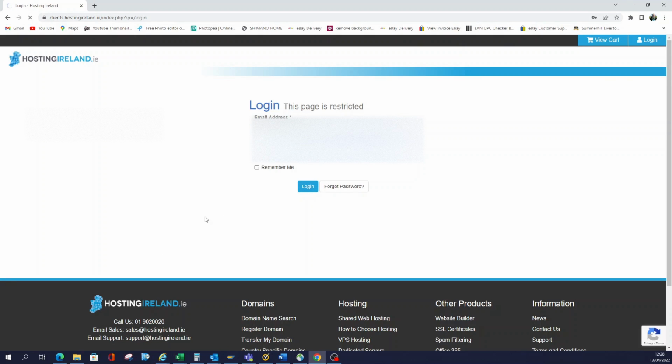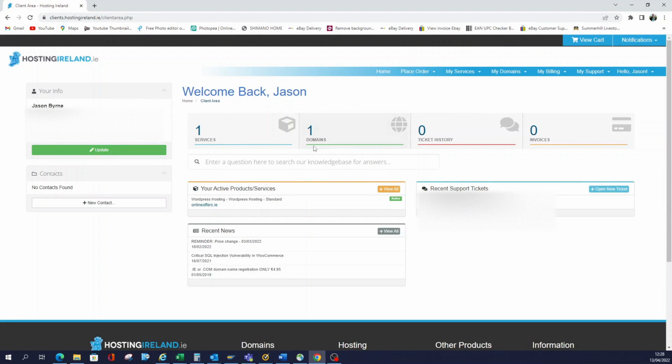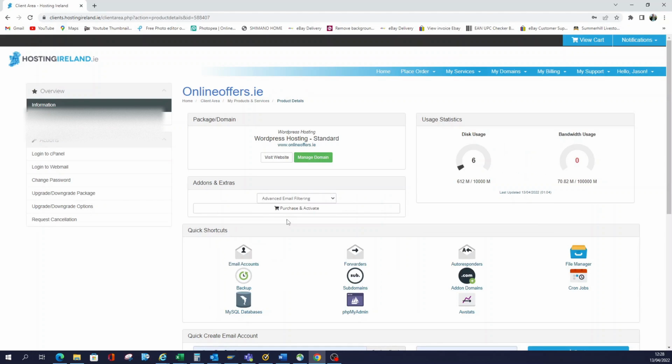I'm going to log in. So it depends on how many domains you have. In my case, I only have one because, as I said, I'm a complete novice trying to set this up. So the first thing you need to do is go to your domain. You can do it here or here. So let's just do it. Click into it. Okay, so once you're over here, you've got your website set up, the hosting is set up, but